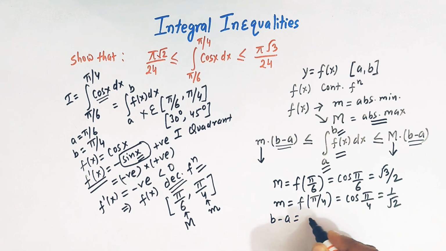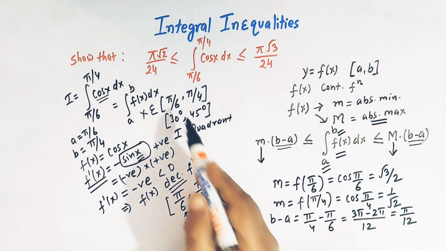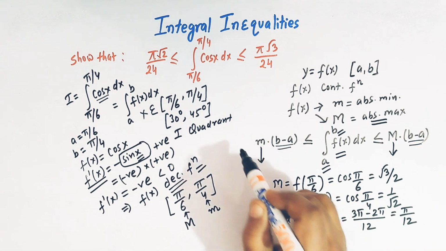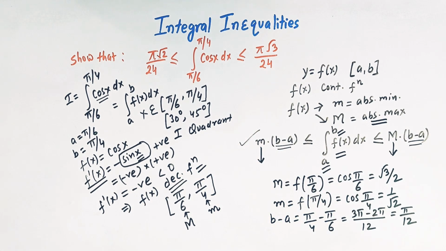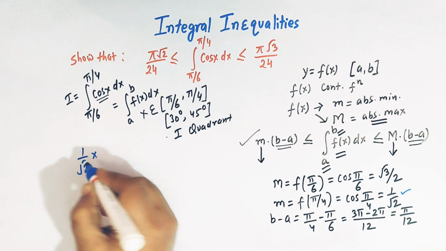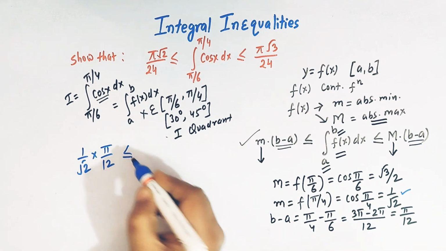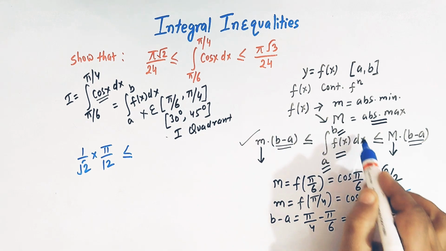तो b minus a हमें मिल जाएगा π/4 minus π/6। तो LCM ले लेते हैं 4 और 6 का, 12। तो यहाँ आ जाएगा 3π, यहाँ आ जाएगा 2π, तो ये आ जाएगा हमारे पास π/12, राइट। तो चलिए अब ये सारी जो वैल्यूज़ हैं उसे हम इस इनइक्वालिटी में सब्स्टिट्यूट कर लेते हैं। तो m की वैल्यू हमें मिल गई यहाँ 1 over square root of 2, राइट। और b minus a हो जाएगा π/12, और यहाँ पर आ जाएगा less than and equal to, और ये जो इंटीग्रल है वो